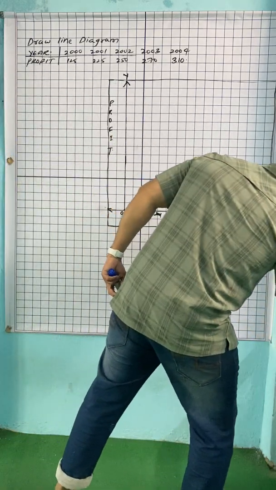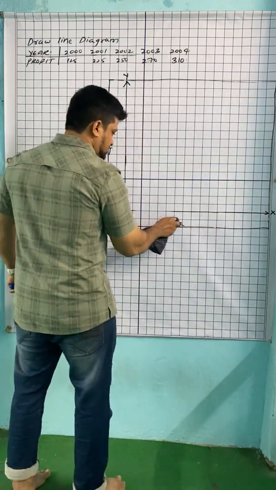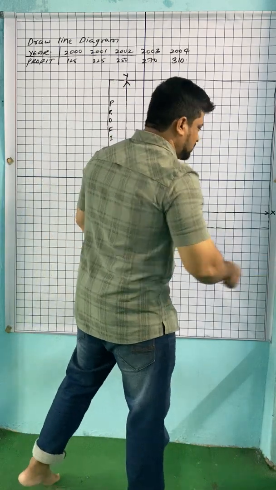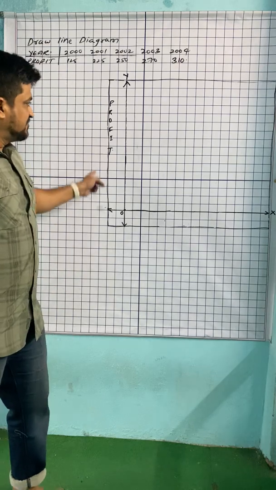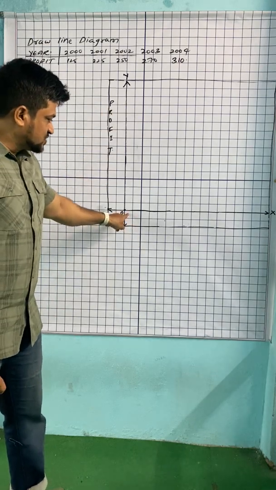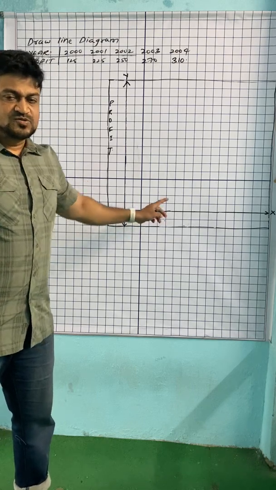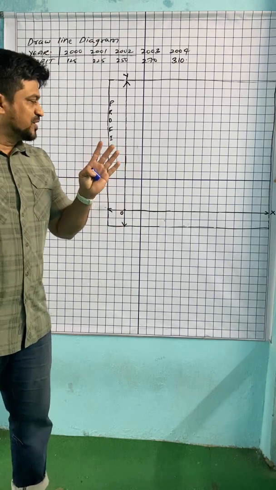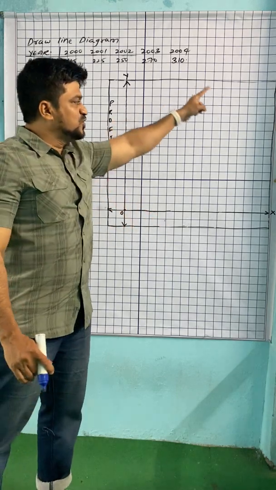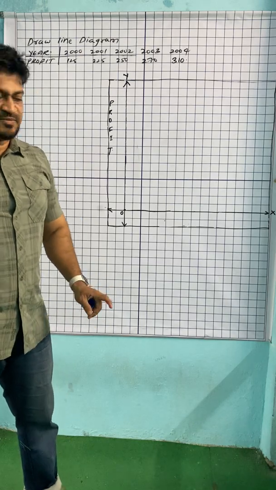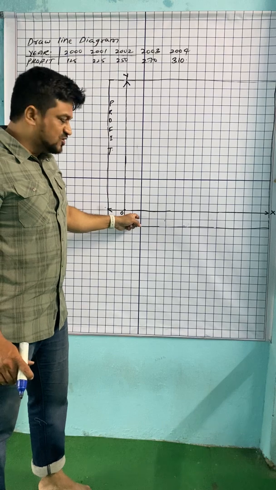See, the main aim should be that we use the maximum of the graph paper. Maximum of graph paper means if this is the sheet and I take 2000, 2001, 2, 3, 4, the graph will end here itself. So to represent this as a picture or graphical presentation, we have to use the maximum of the graph paper. To use the maximum, on the x scale we have 5 values. We can adjust 5 values for equal intervals.